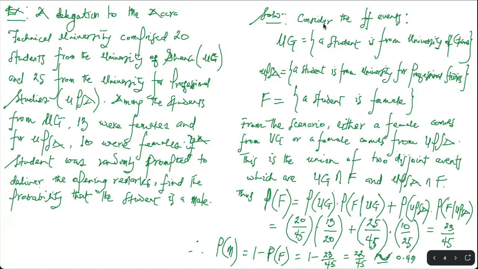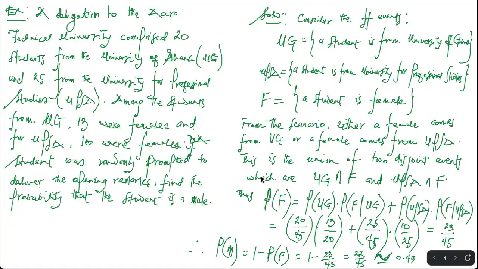And we can define our events, UG, UPSA, and then define a male event. Then we can just apply the total probability scenario, and that should lead us to arriving at necessarily the same value. So there you have it with the approach to this particular problem. Now, once we talk about the total probability rule or the law of total probability, another important law just follows. Keep in mind, in this particular example,